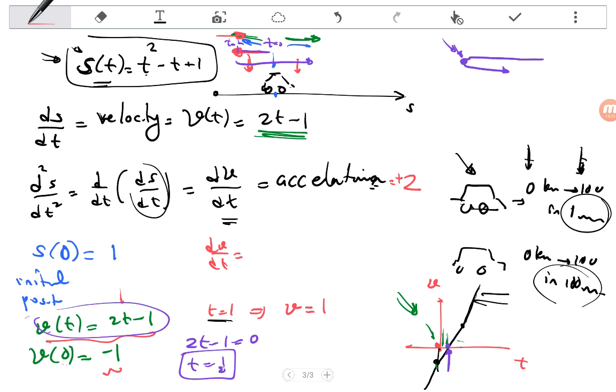The acceleration is positive 2, it means that the velocity is always increasing. Remember that velocity started with a negative value, then it is increasing, and it continued increasing in this way. So would it change its direction again? No change in direction, because the velocity is always in the positive direction, it will just keep increasing